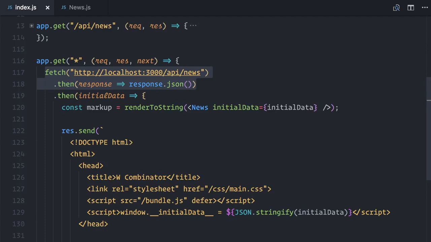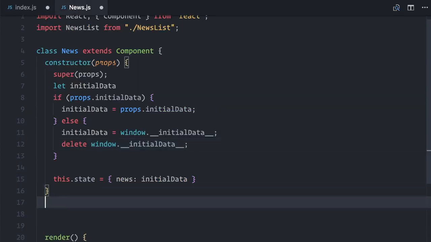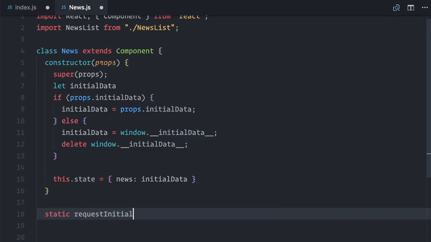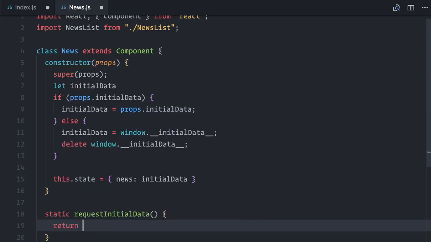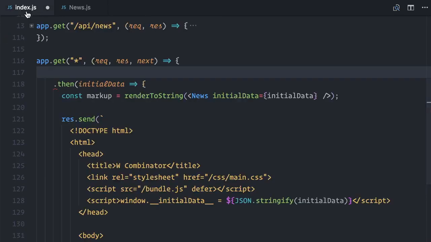I will cut this fetch method from here, and in the news component I will declare a static method requestInitialData. Let me paste the initial fetch here. Static methods are used for placing utilitarian functions for a given class that do not belong to their instances. Cool, back on the server component, I can now call